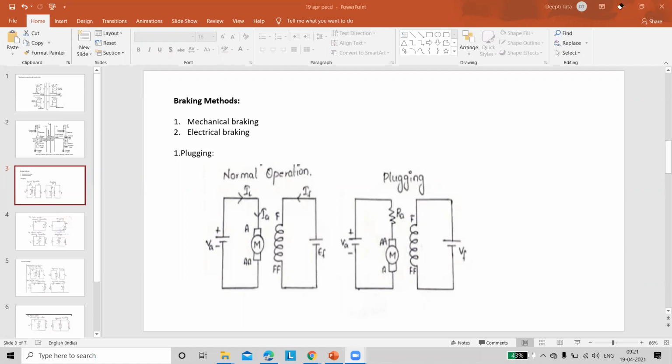Right. We will go for mechanical braking initially. In mechanical braking, you provide the braking manually by using braking shoes. The part name is braking shoe. And actually, you have completed a number of experiments in your machines lab. Can you say by using which method you are going to apply braking mechanically?